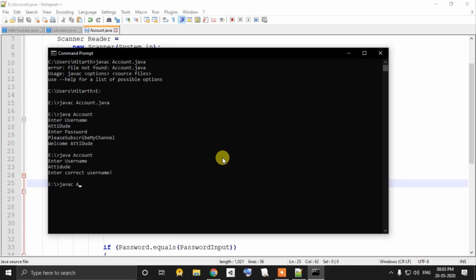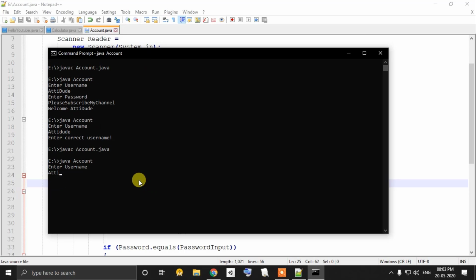Javac Account. Whenever we have modified our script and then run it in CMD, you need to make sure that we again compile by writing javac, the file name .java, and now we'll write java Account, enter username AttiDude, enter username again. It asked me again. Alright, AttiDude, enter password, and the password that we need to add will be